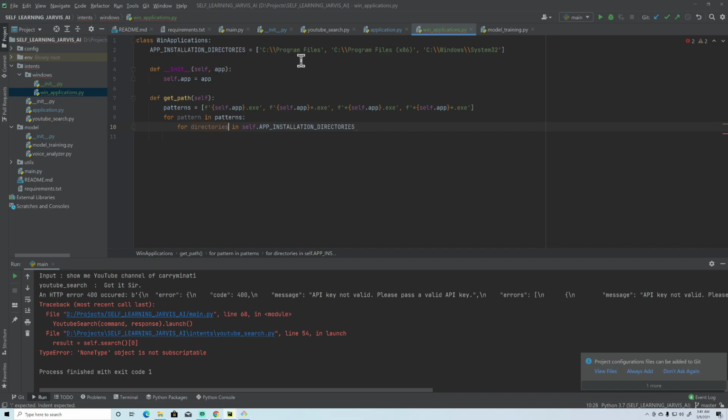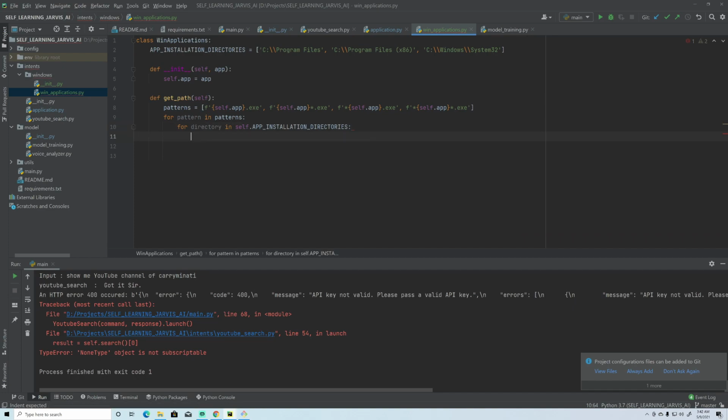And it should be directory, not directories, like this. And now how can we do that? For that I'm going to create another method, right?